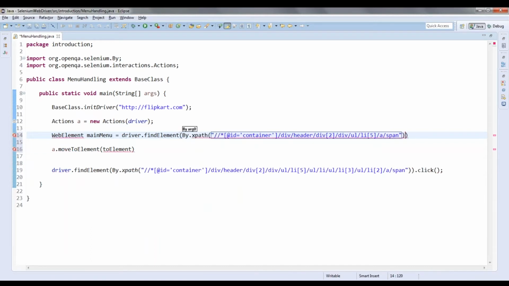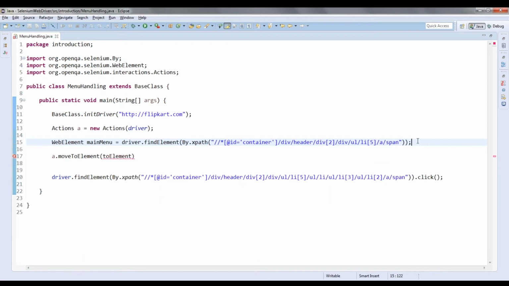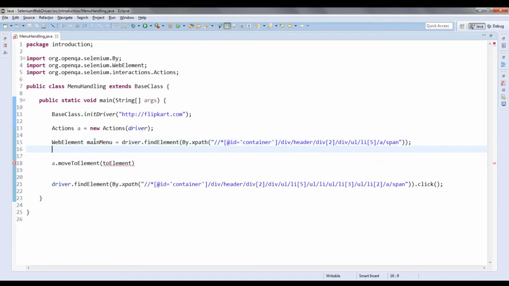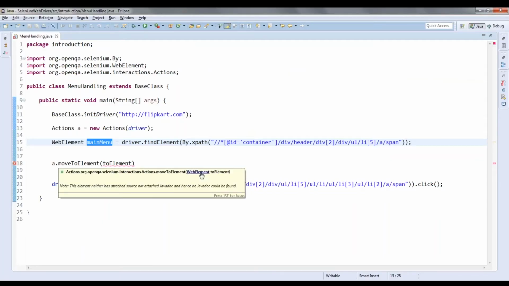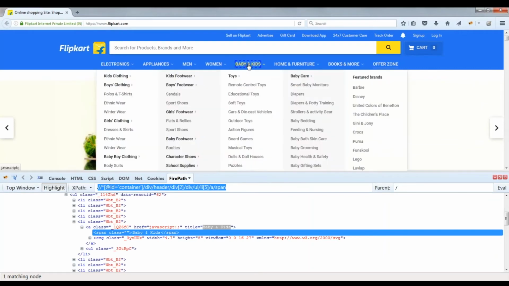I will put this XPath. That is the main element, and then once you move to the main menu element, this moveToElement method accepts a web element, so I am going to pass that main menu element. So first I am hovering on this.